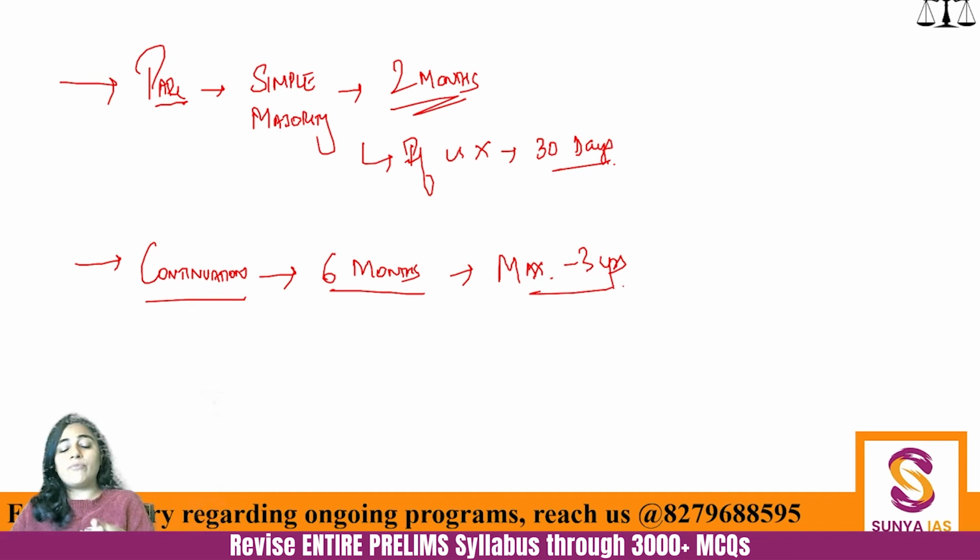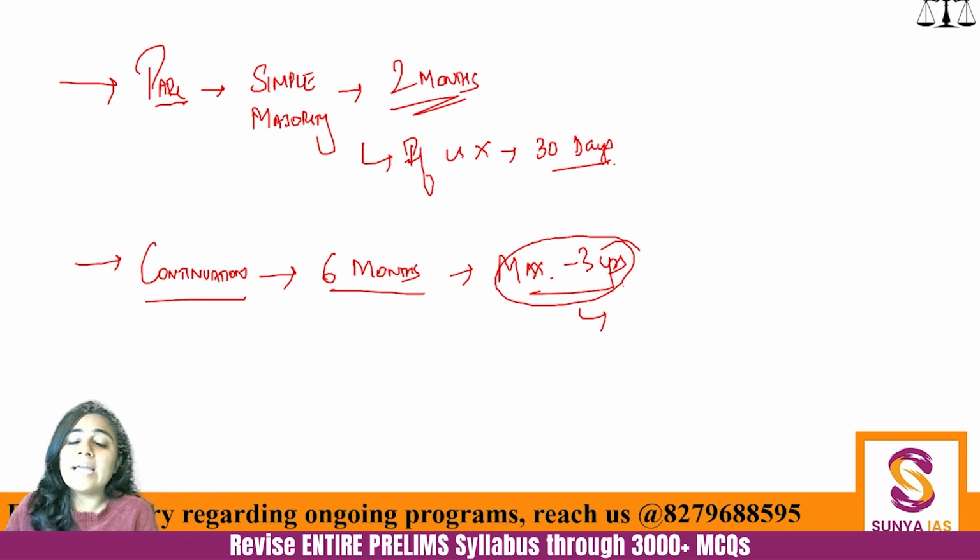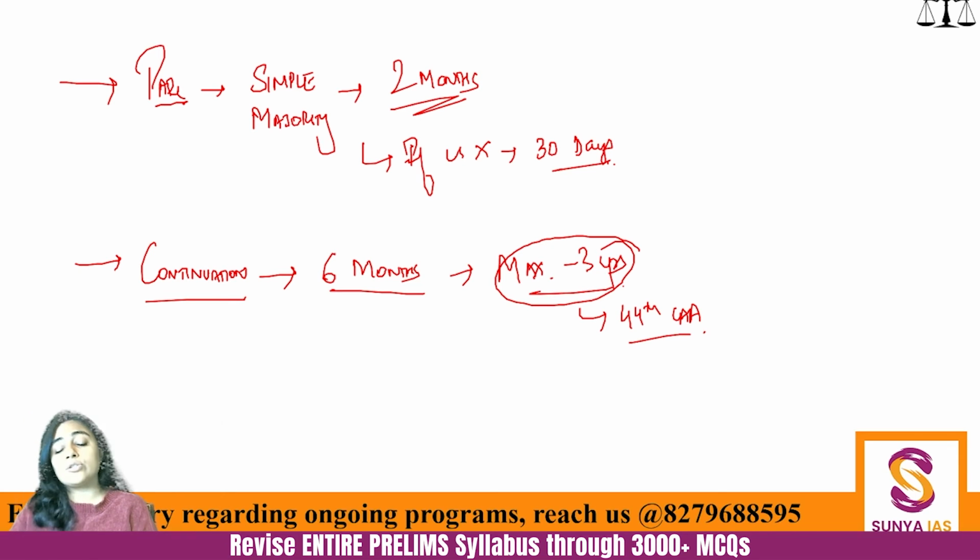The maximum amount of time for which it can be extended is 3 years. It cannot be extended more than 3 years. Even in this, there is a caveat that has been added by the 44th Constitutional Amendment, that is the good amendment. The 44th Constitutional Amendment has done a lot of good things, and here also it has done this good thing, that if it is being extended beyond 1 year, some conditions